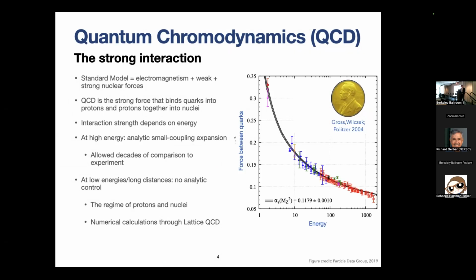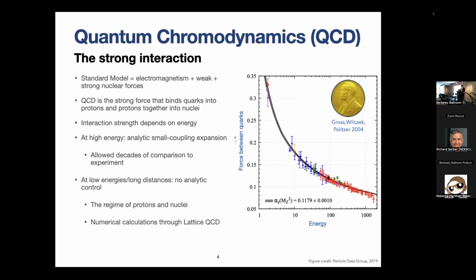And an important part of this interaction is that it depends very strongly on the energy at which you're probing it. So the figure at the right shows the strength of the coupling between a quark and an antiquark in this theory as a function of the energy at which they're scattering. And at high energies, this becomes quite small. It goes to 0 asymptotically, and means that you can do analytic calculations based on an expansion in that parameter. And that's really how we've, for many, many decades, been probing this theory and comparing to experiment,